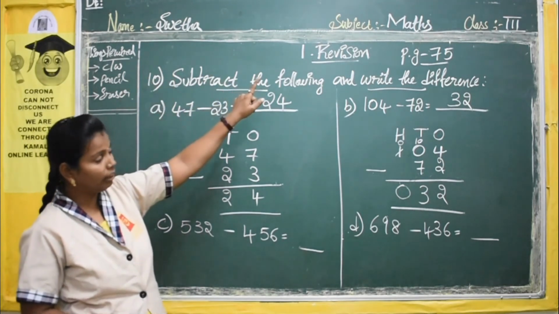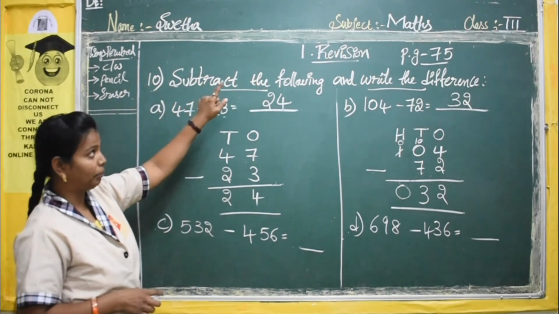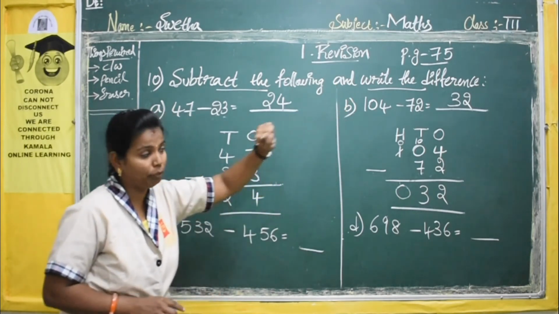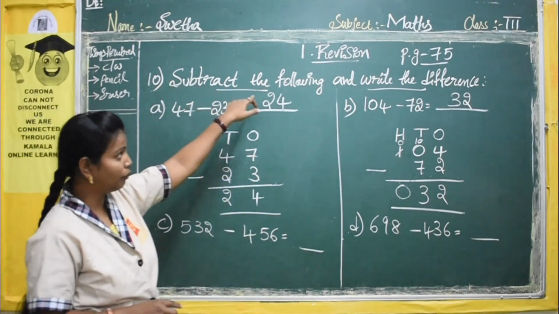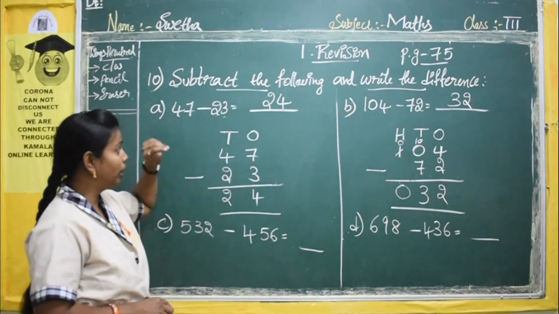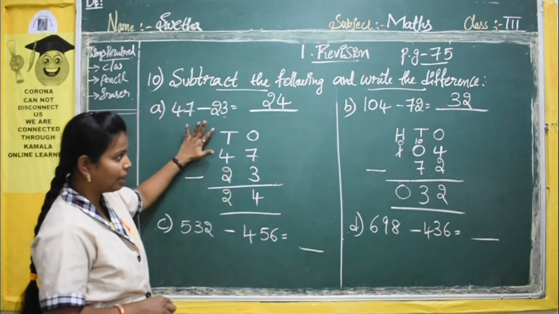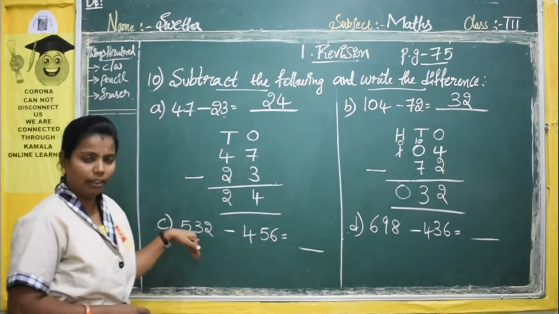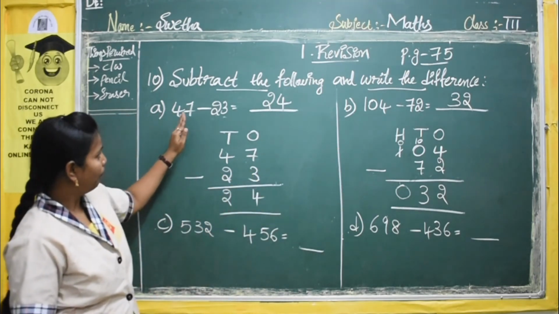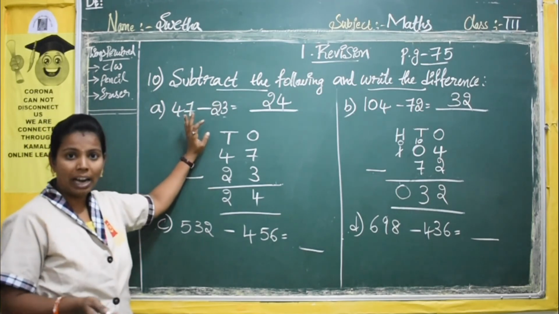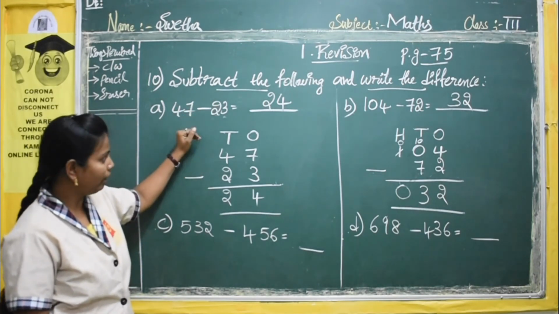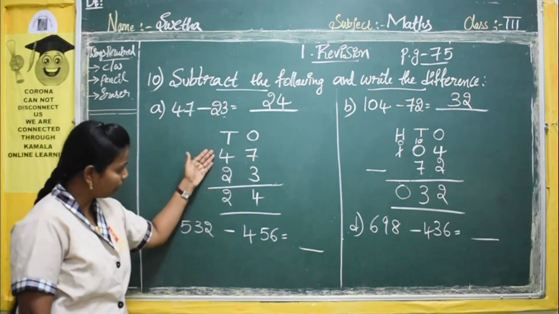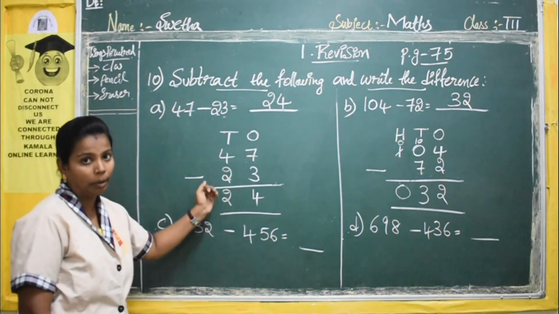Everybody, first you write. I think you have written your chapter number already. So you just write your page number 75. Write the heading: subtract the following and write the difference. Okay. Then copy this first one. If you have space beside you, you can write. If not, you can write it down. No problem. Okay. But between each and every number you have to leave a finger space. Okay. Here between these 2 places, a finger space, and all the numbers should come in a straight line.